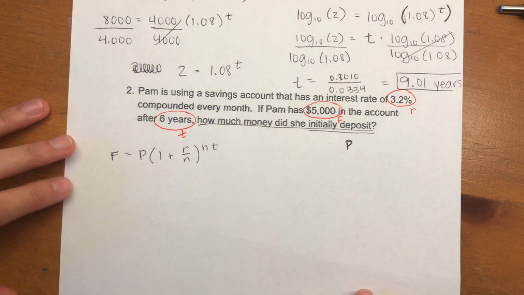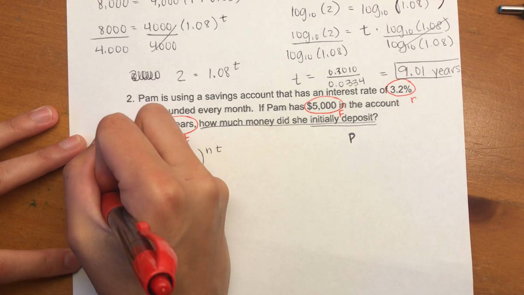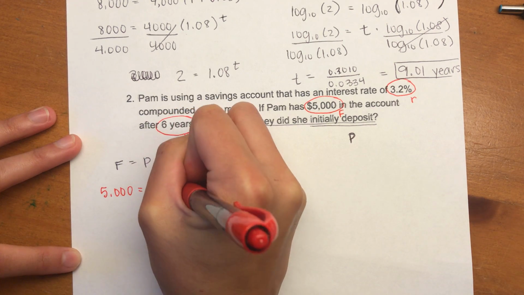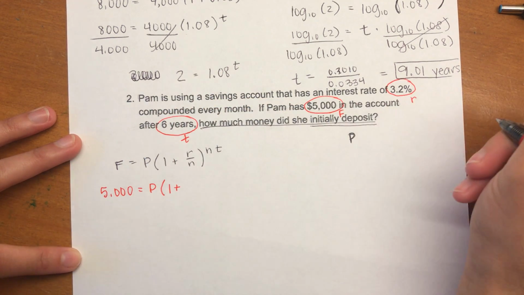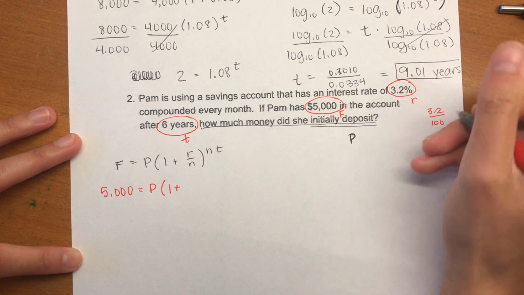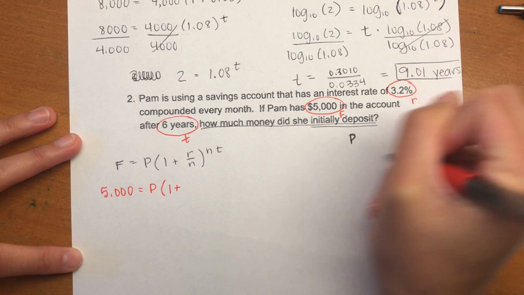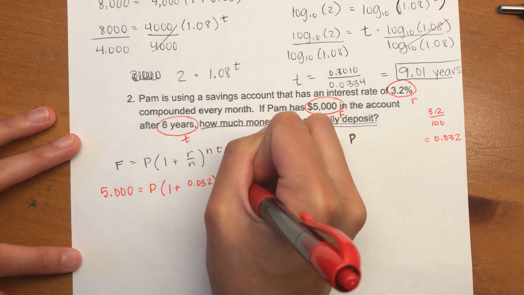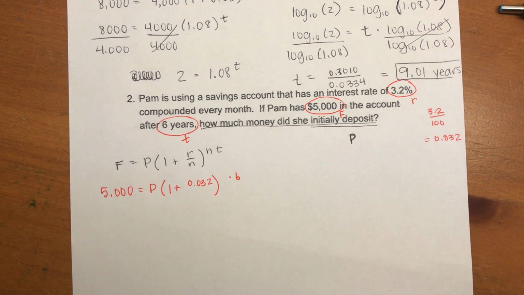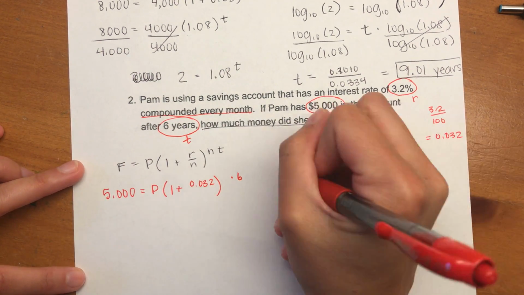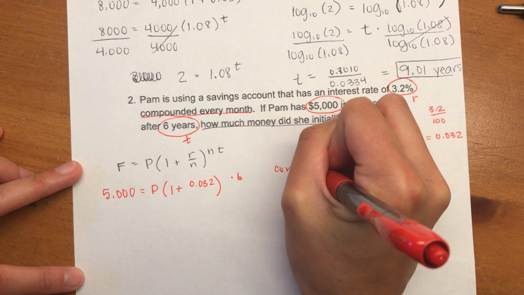So I can substitute in those values right now. So we're going to have $5,000 equals P times 1 plus my rate. Remember, we always would do 3.2 divided by 100, which would be 0.032. And then my T is 6 years. Now I need to figure out my N value, right? So when we have compound interest, we're going to look at how often we're compounding. So compounded every month. That means my compounding period